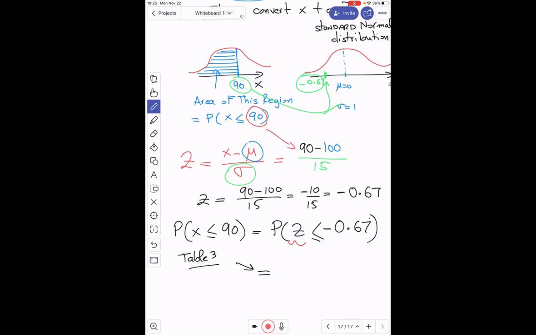So this is equal to, in the table, negative 0.667. So to the nearest tenth, that's negative 0.6. And the next digit is 0.07. So the answer is 0.2514, right? In other words, this is 25.14%. Okay, so again,